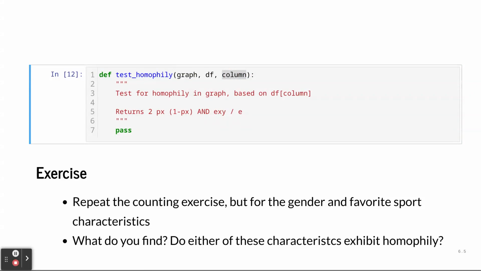So this will be the end of this video and the end of our introduction to homophily. We'll see you next time, where we consider further properties of graphs and further our knowledge of how we can analyze